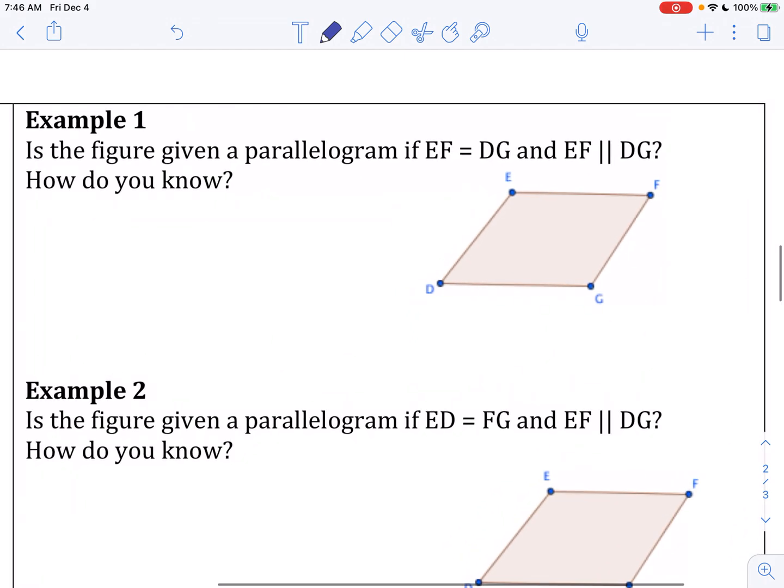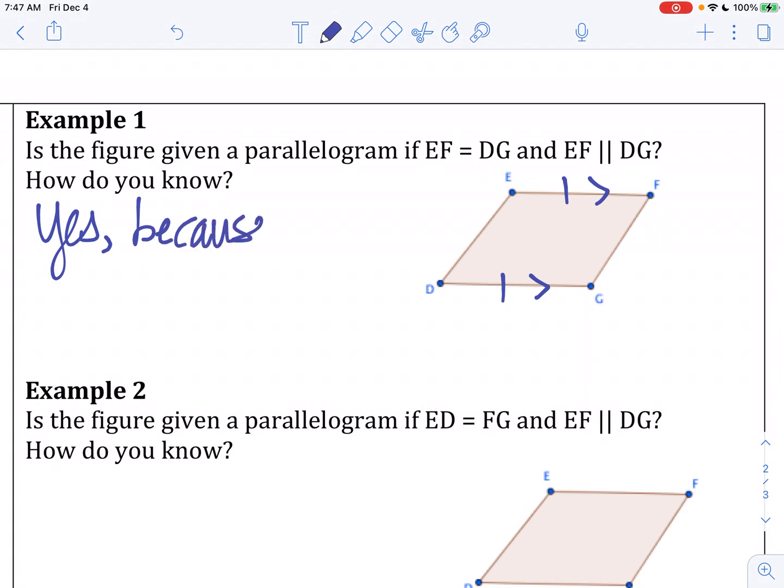So example one, I would encourage you to pause the video and then we'll compare. Decide if you know this is a parallelogram based on the information given. Okay, hopefully you paused the video. We know that EF is congruent to DG. We know that EF is parallel to DG. I would highly encourage you to make up those markings so it's easier to visualize. Okay, I notice that I have one pair of opposite parallel and congruent sides. That was on my shortcut list, so I would say yes, it's a parallelogram because it has one pair